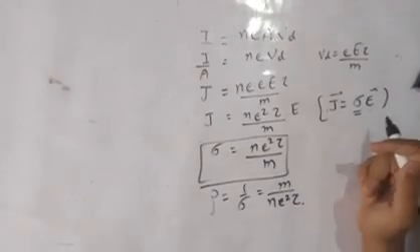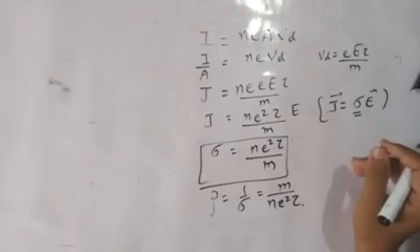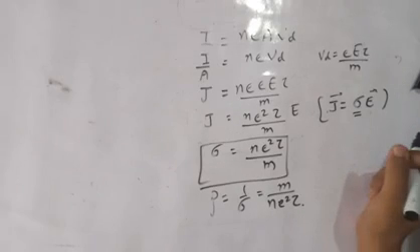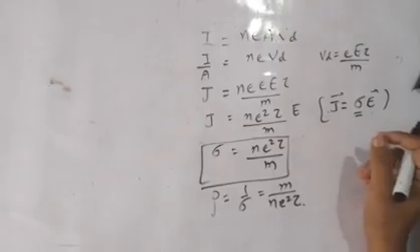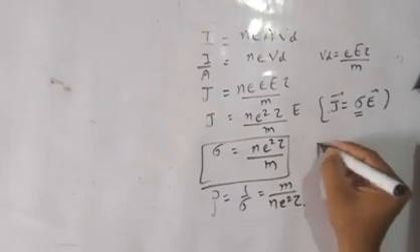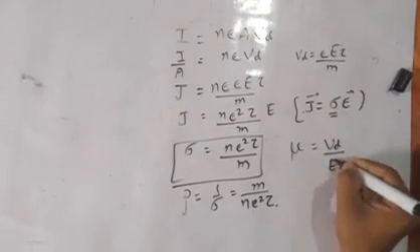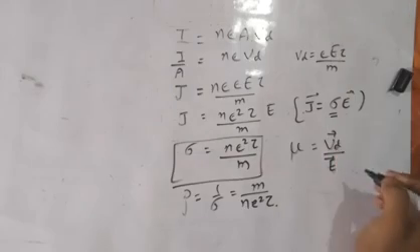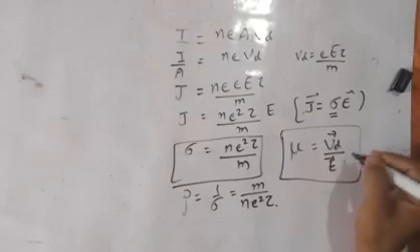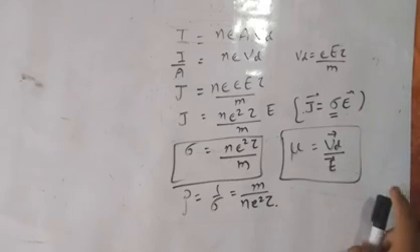That's all for today. Revise this lecture, and in the next lecture we will discuss the dependence of conductivity or resistivity on temperature. A small definition is left, that is mobility. What is mobility? Mobility is represented by mu, and mu is equal to drift velocity per unit electric field. Remember this mobility term. And in the next lecture we will discuss the dependence of resistivity and conductivity on temperature.